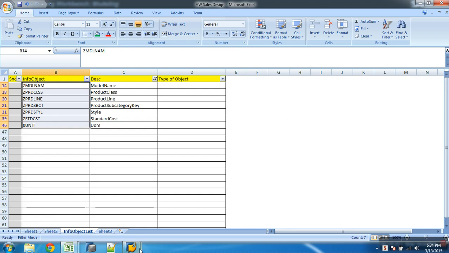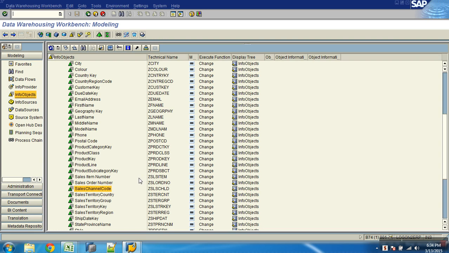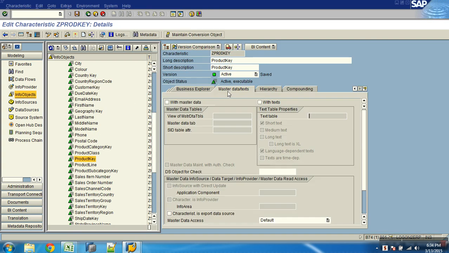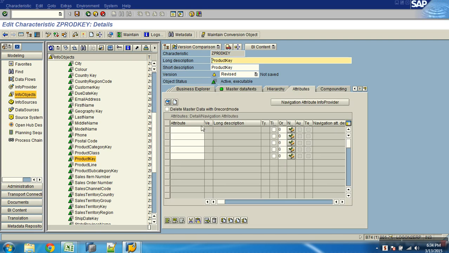Now let me go to the product. This is my product key. Right click and say change. Now for this product key, do you want an attribute table? Yes. As soon as you say yes, it starts bringing a tab called attributes tab where you have to specify those.